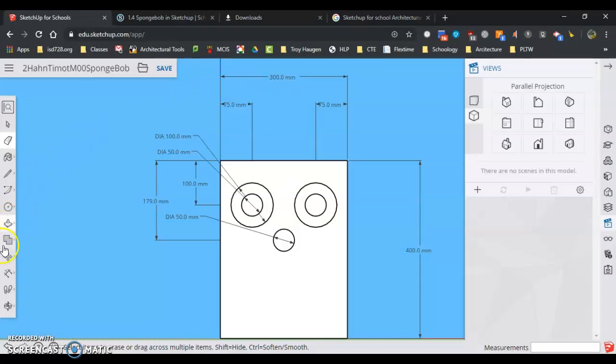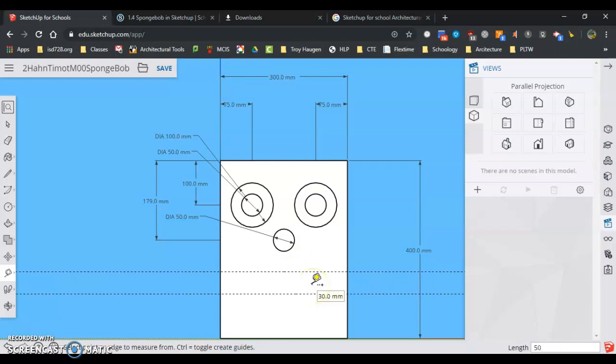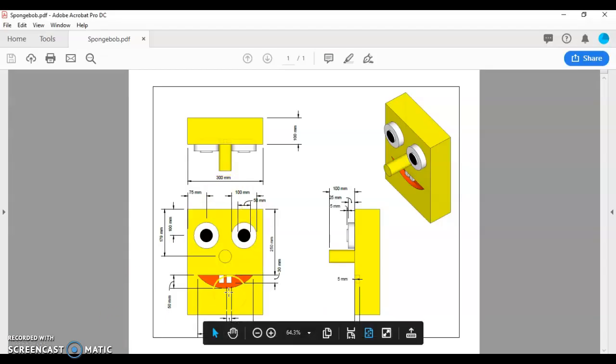So we'll come in here. Underneath the dimension tool is the tape measure tool. Midpoint, down, 250. And now we're gonna come down another 50. So again, I can double check that. I can just click on this line. I can just double check by coming up here. That's 250. Double check there, that's 50. That's good to go. Now I gotta figure out this portion